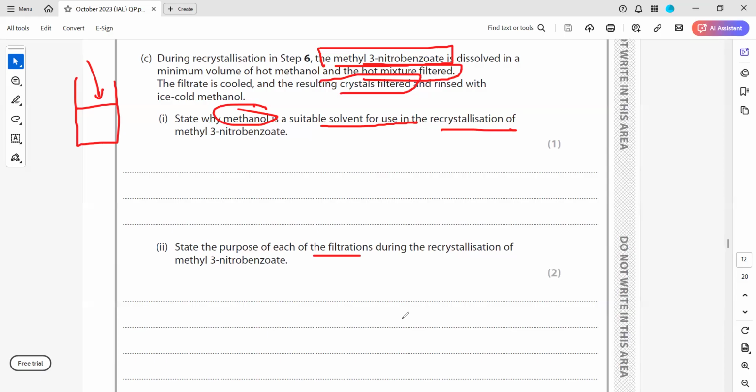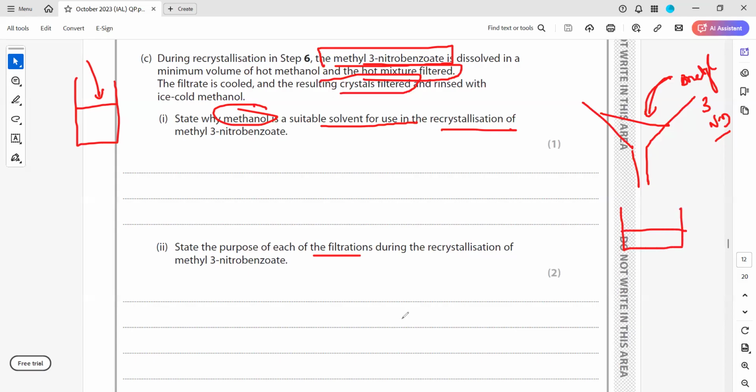Because when it is hot, when we add the methyl 3-nitrobenzene and methanol, it will pass through the filter paper, and what is left on the filter paper is